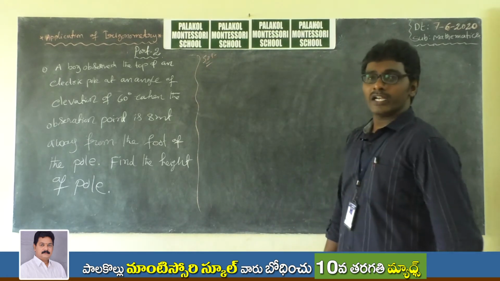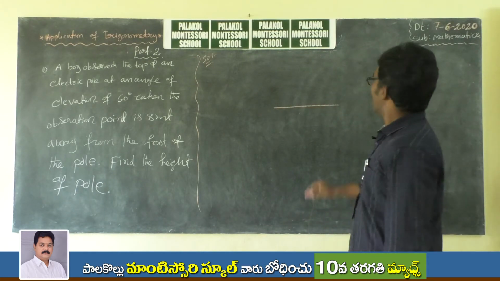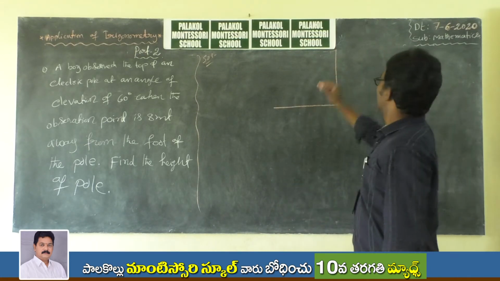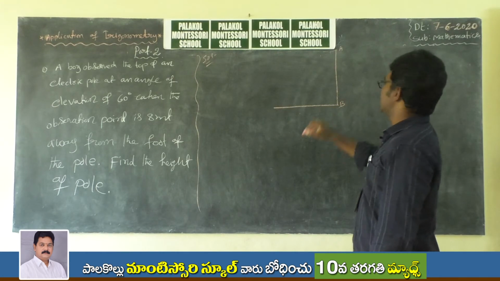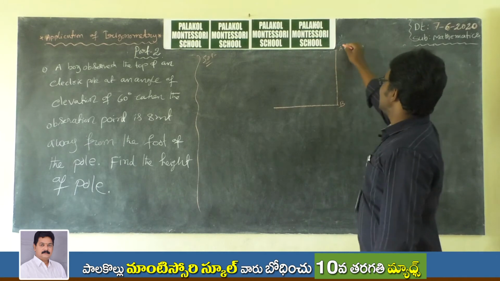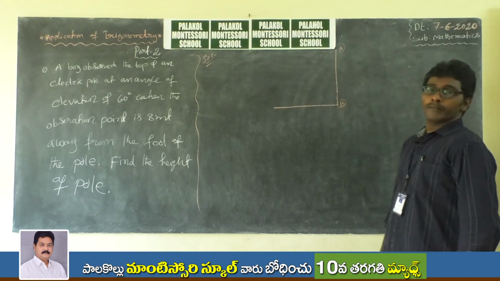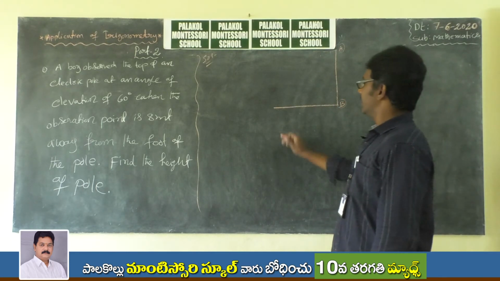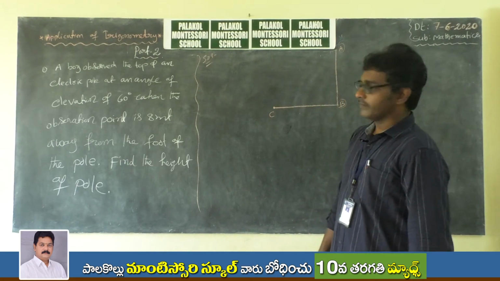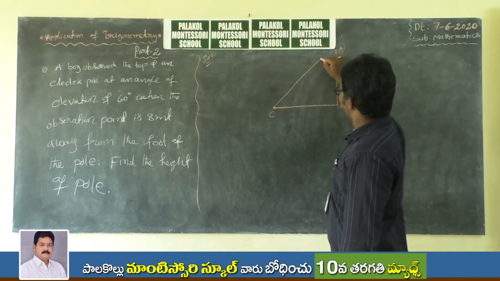First I draw the electrical pole on the ground. Suppose this is the ground. I draw one electrical pole and immediately name it AB. AB is the height of the electrical pole. A is the top of the electrical pole and B is the foot of the electrical pole. Here one observer is there, and I have indicated that person as C. This person makes an acute angle above the horizontal line.